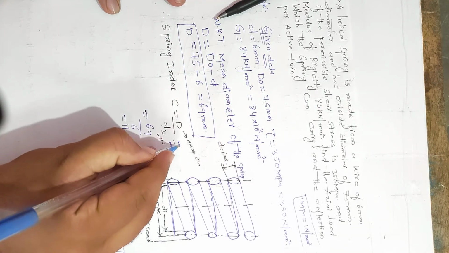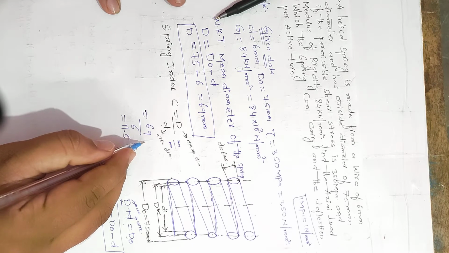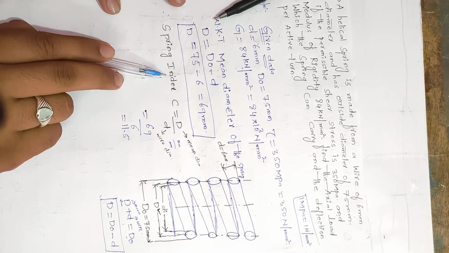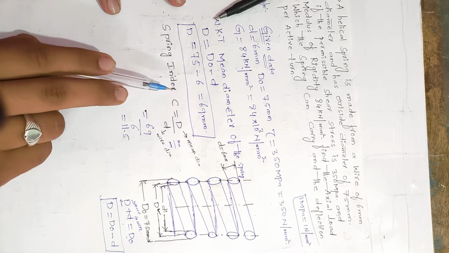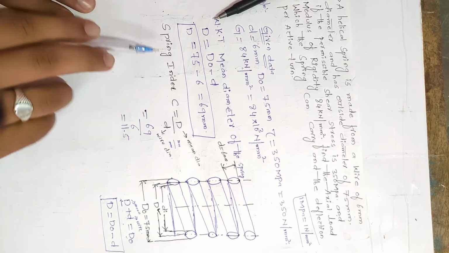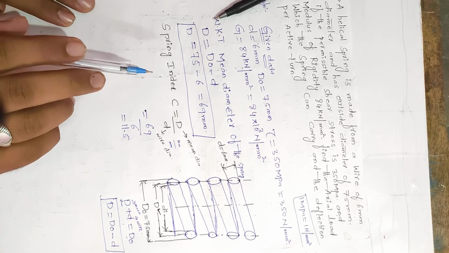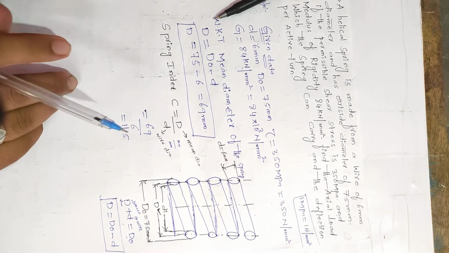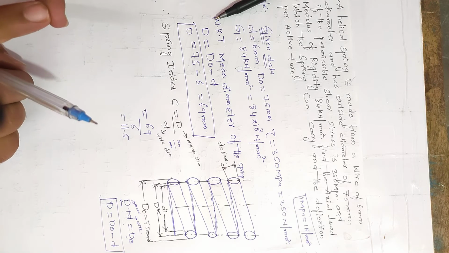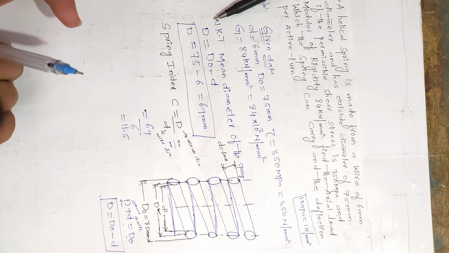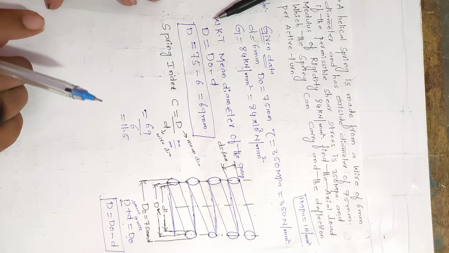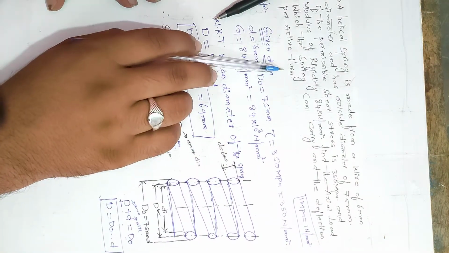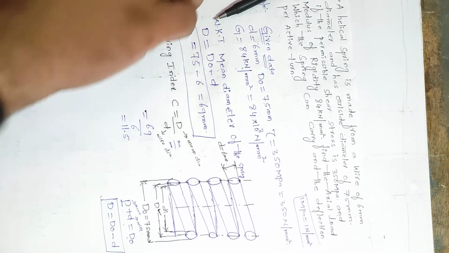If you cancel this term, then it doesn't have any unit. So we can say the spring index doesn't have any unit, or it is a dimensionless quantity. Okay dear. So after getting the spring index, in the first case we need to neglect the effect of curvature. In the second case, we need to consider the effect of curvature, from which we need to find out the value of deflection per active turn.